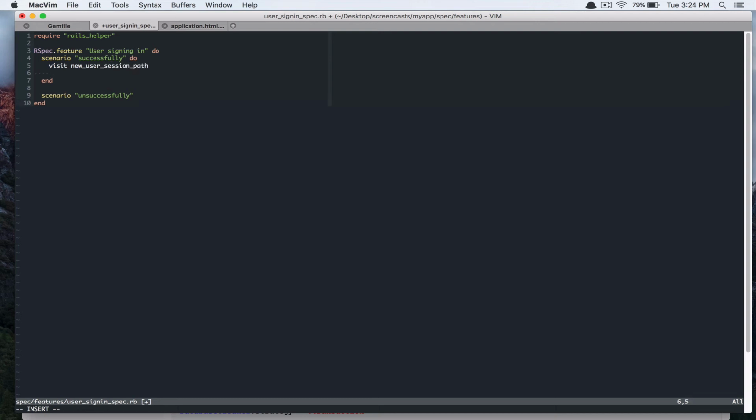path, and we're gonna fill in email with our user email, but we don't have any data in our database, so we have to have this. We have to create that before our scenario. So we're gonna write background, and inside this block, we're gonna create